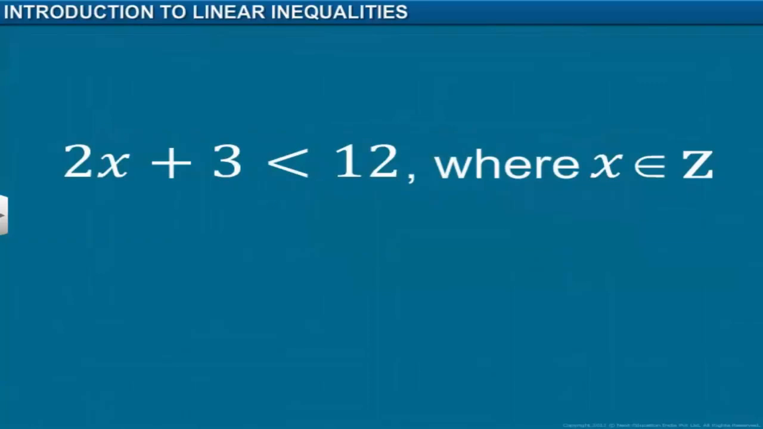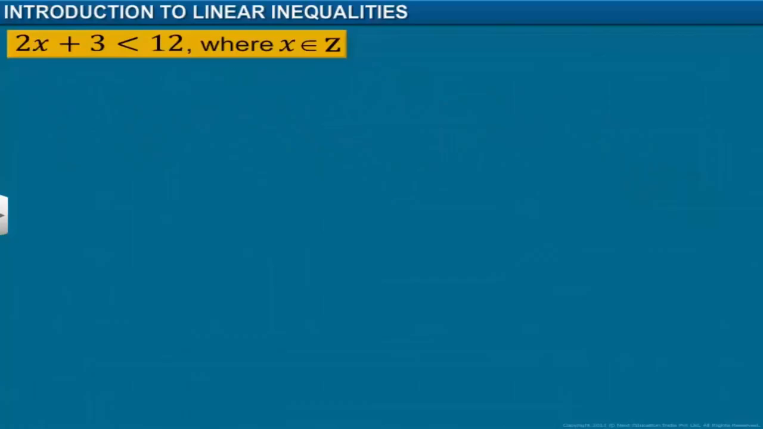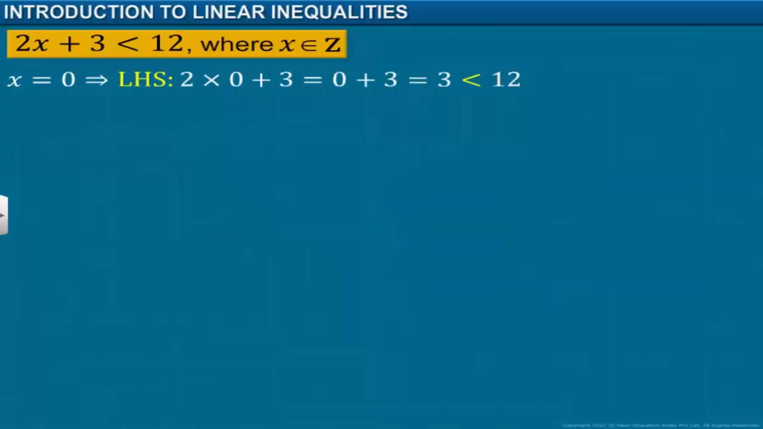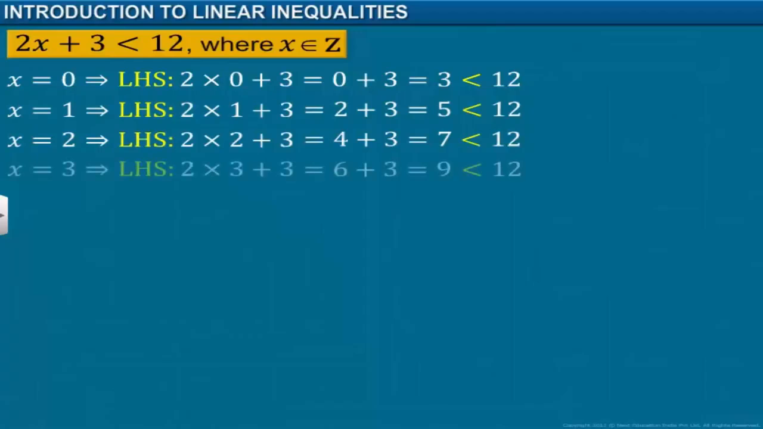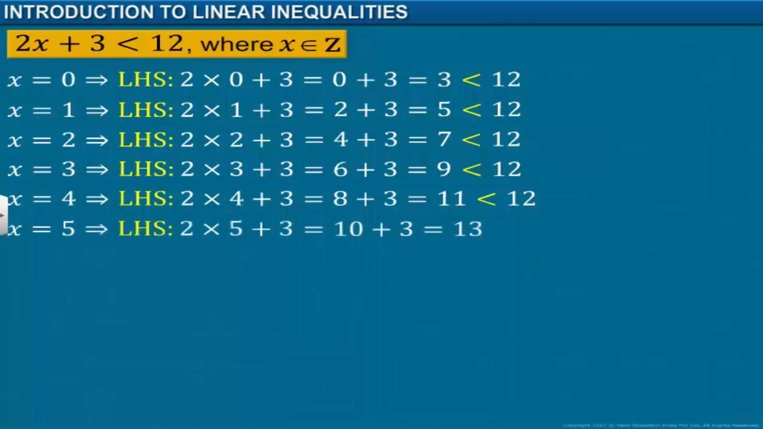Consider the given inequality. Let's start substituting different values in place of x on the left-hand side of the inequality, starting with 0. We get the value of the left-hand side as 3, which is less than 12. Next, we keep on substituting the subsequent values. We observe that when we substitute 5, we get the value on the left-hand side as 13, which is not